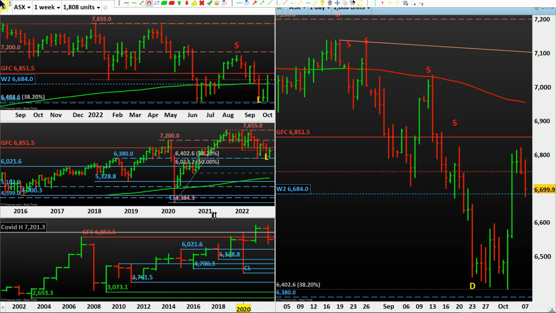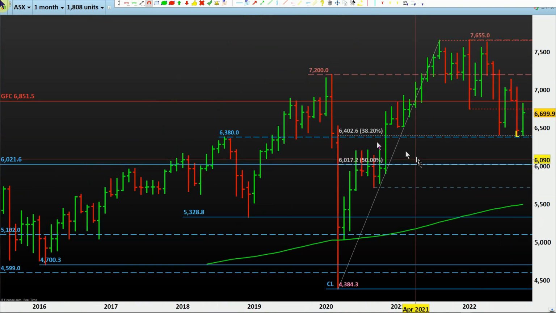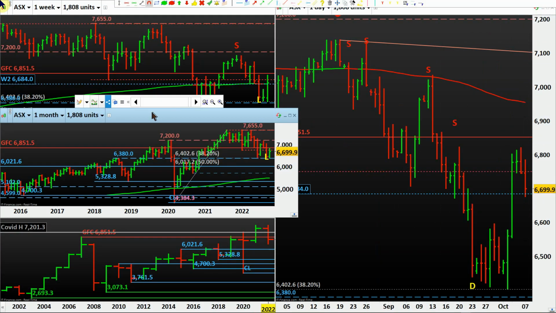So from the monthly perspective, we have drawn a similar thing. We have drawn the COVID low to this swing high of Fibonacci, and we saw that this is the 60. Can you read it? If you cannot read it, you can expand it. Yeah, 38.2. So it exactly came to the 38.2, bounced once, and is again bouncing here. This type of bar, as we know, is all sellers out. Possibly there will be a little bit of retracement there, so we can buy here if we are going for the long term. Otherwise, we'll see that 38.2 is a good enough support for the time being for ASX.